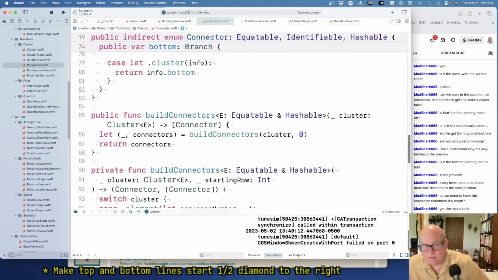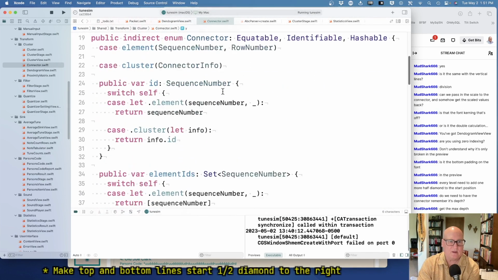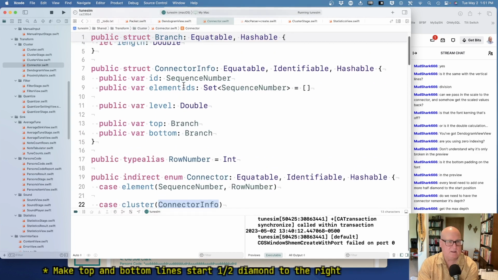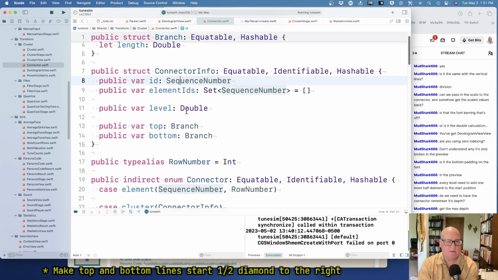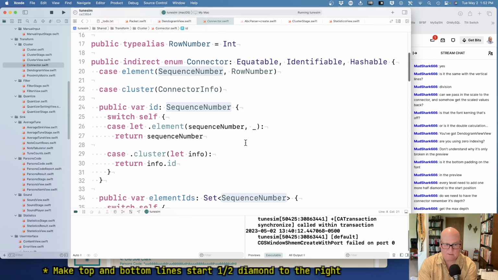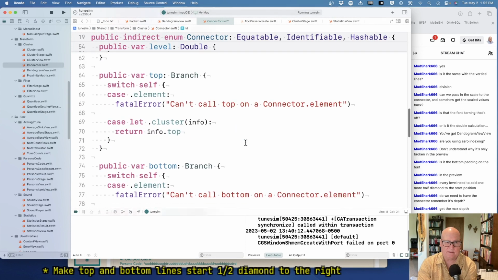The other one that kind of went on my head on the connectors, we defined elements, but we don't connect them up. So a cluster, sequence number, he's got this information, but he doesn't have anything about the elements, and he doesn't have anything about his children. So you can't get to the children from the connector. We can gather information as we populate it, but